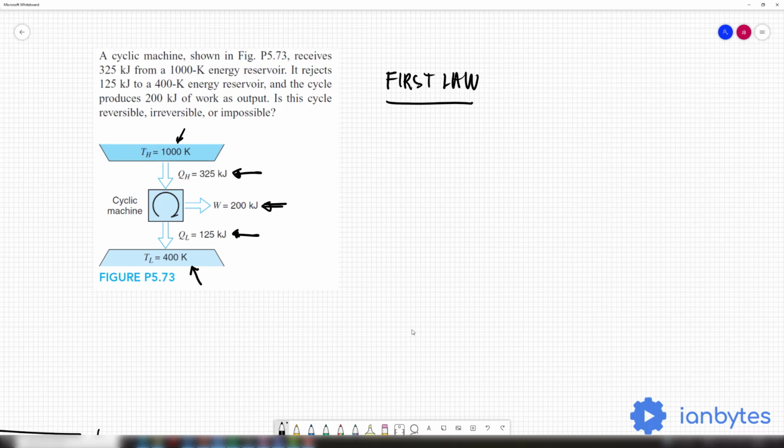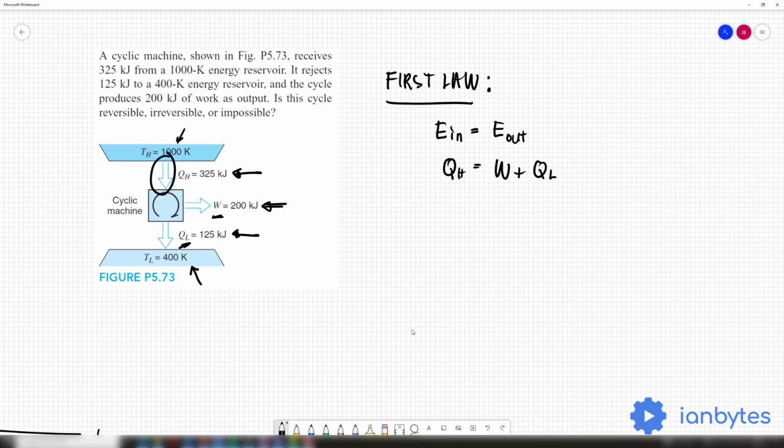However, in any case na pumasa siya sa first law of thermodynamics, then we have to check first if pasado din ba siya sa second law of thermodynamics. So first, we inspect our system using the first law of thermodynamics. Alam natin na sa isang thermodynamic cycle, lahat ng energies na pumapasok ay lumalabas lang din. So we have energy in is equal to energy out. And upon inspection, makikita natin ang tanging pumapasok na energy sa ating system ay QH. So we have QH equals to all the energies that are going out, which are the work output and the heat rejection at the low temperature reservoir. So we have QH that is equal to W plus QL.